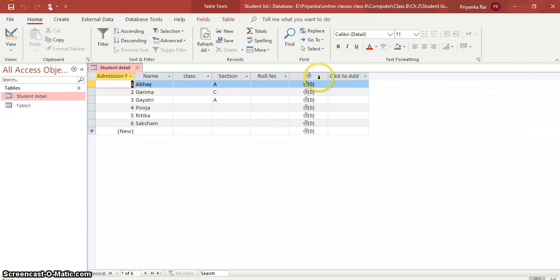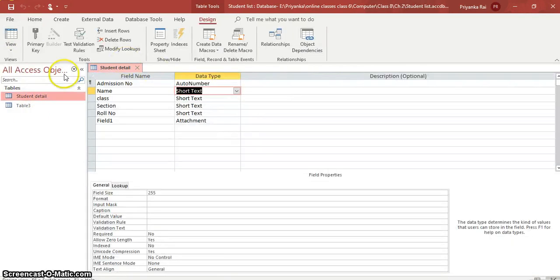These are called fields. So now we are moving to design view. The same database in design view. This is the design view. This is the field name, data type, and this is the description. So here you can see admission number, name, class, section, roll number. All these are field names.